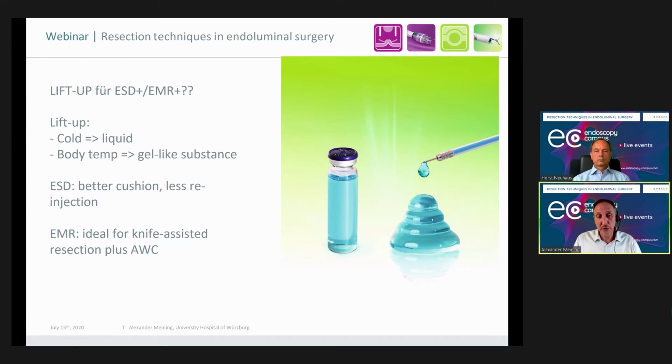And Lift Up has some sort of temperature behavior: it's cold and you store it in the fridge, and as long as it's cold, it's liquid. So then you can do an injection. And as it's getting warmer, as in the human body, at a temperature of 37 degrees, it's more a gel-like substance. So what we experienced now is, for ESD, and this is also potentially true, you have a better cushion and you probably need fewer re-injections doing so. For EMR,